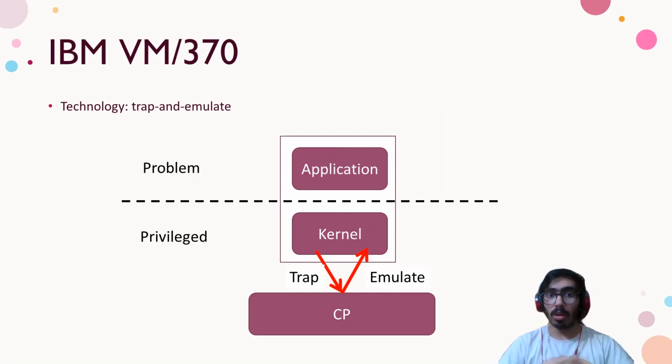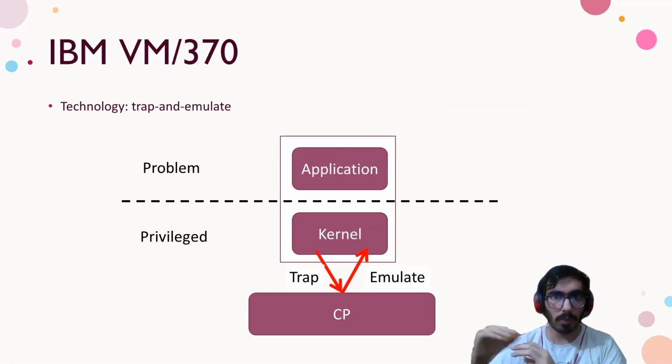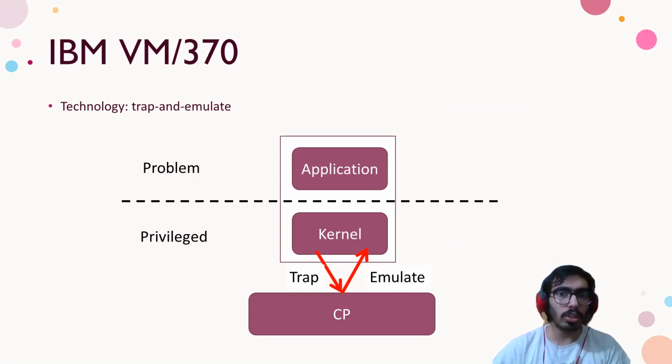So normally, for example, there's a command that requires kernel privilege that the operating system can run normally. Here, the problem was we had to trap that. So if there's a kernel command, the guest operating system will raise that kernel, then the VMM system will take that back to the kernel, the main kernel, the actual kernel, and that kernel will run it.